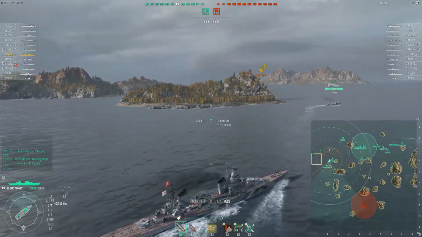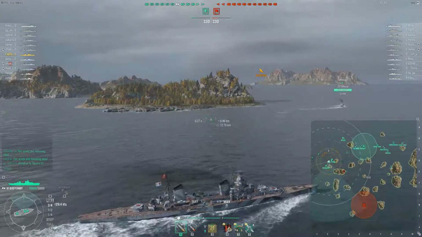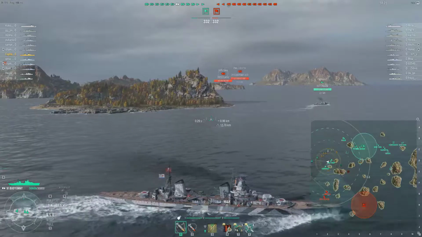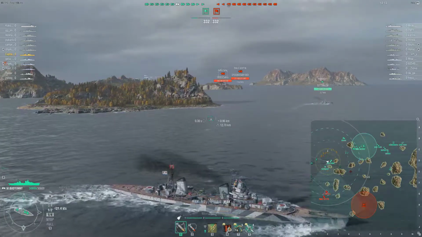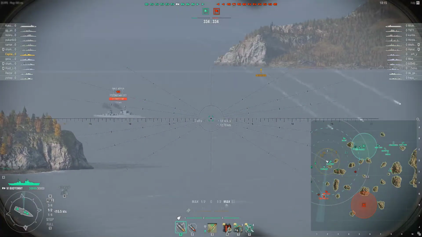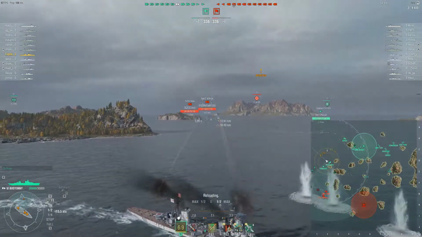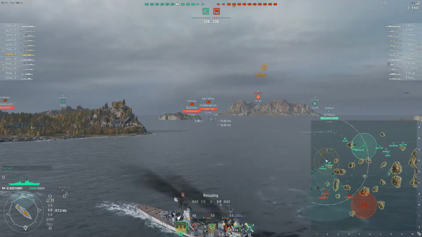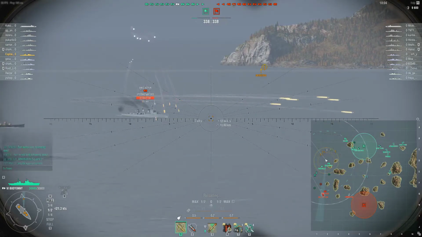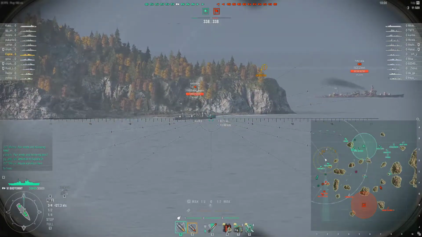But the main strength of the Budyonny is her guns. Now, she has 9 of these 152mm guns, which are pretty good. 16.6 kilometers base without a spotter plane. And they have quite a flat trajectory. Now the only problem is, and we might be able to see it here after this shot, no, not on this shot, they do lose a lot of velocity towards the end of their flight,